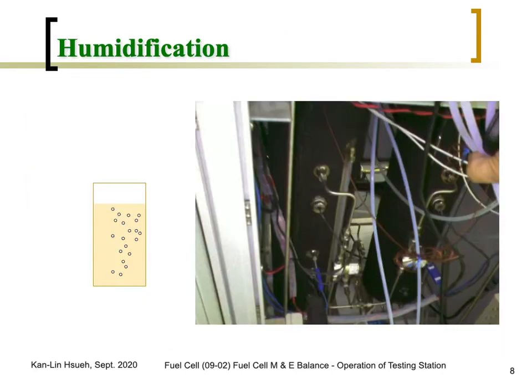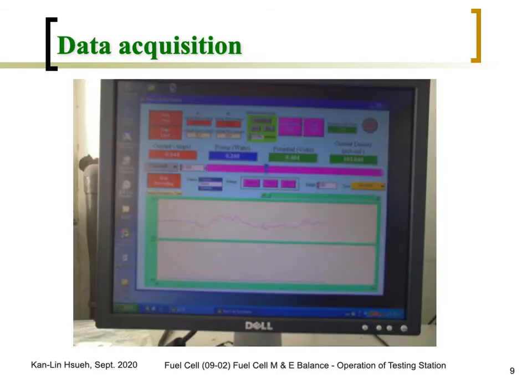And on the back or the bottom of the test station, there's two tanks. One tank for the cathode side gas. The other tank is for anode side gas. The dry and the cold gas is pumped through those water tanks, and then the warm humid air will be coming out. And then this is a data